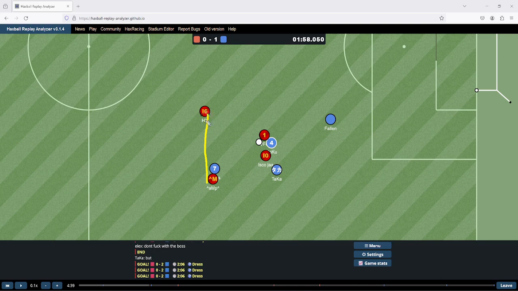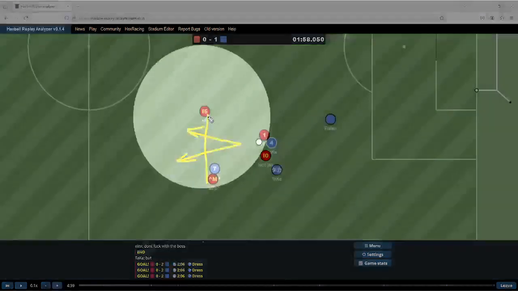The number 16 still has the slight advantage, but it really depends if the ball will go a little bit downwards, which makes number 7 first, or if it would go a little bit upwards. If it goes upwards, not a problem for 16. But if it goes downwards, the number 7 will be first to play, and this is a big problem for